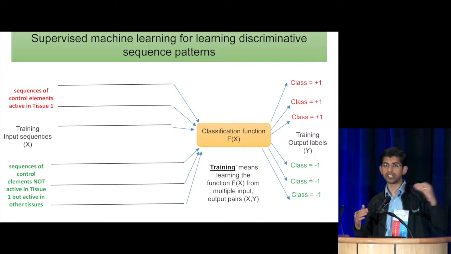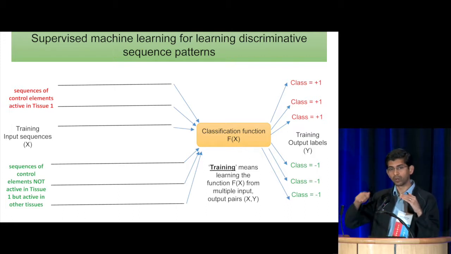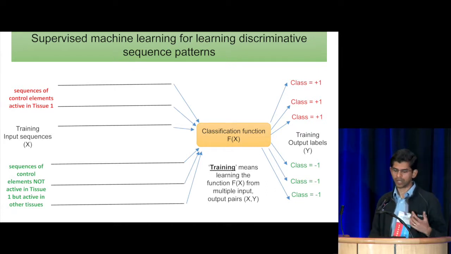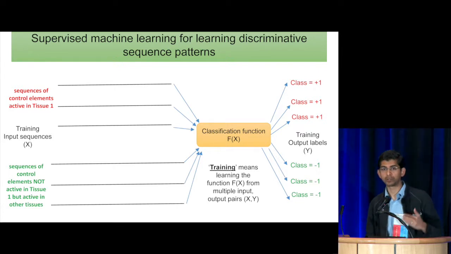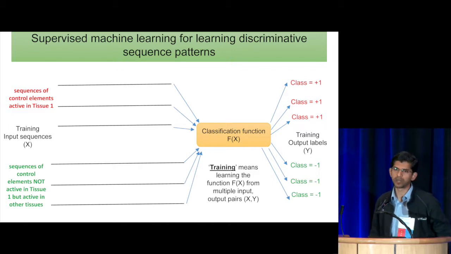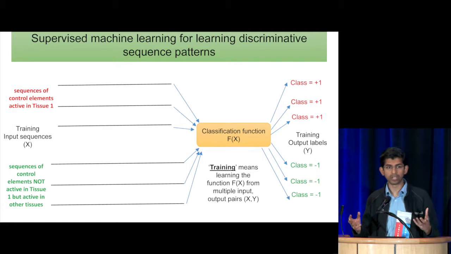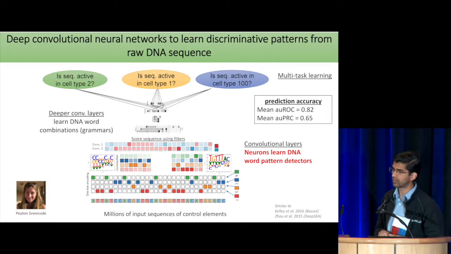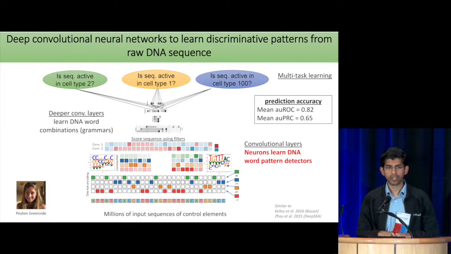The goal is to take these sequences and try to predict which class they belong to. This is where we turn to deep neural networks, because essentially we can start off with the raw DNA sequence as the input and try to predict whether that specific sequence is active or not in a specific cell type. The reason we like these neural nets is because they're able to induce interesting patterns. In this case, we're looking at a specific class of neural networks called convolutional neural networks, and they're able to